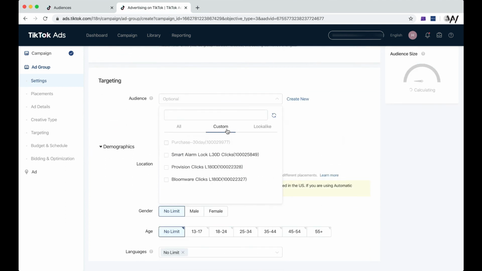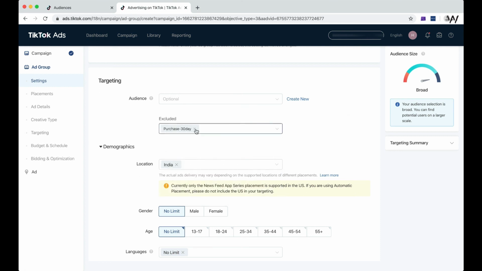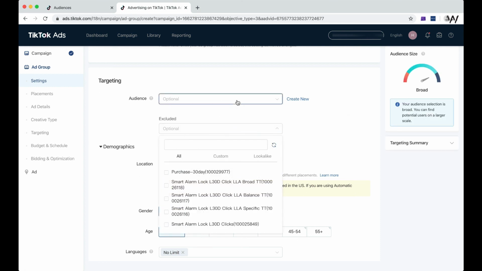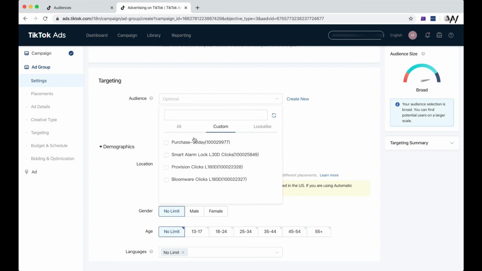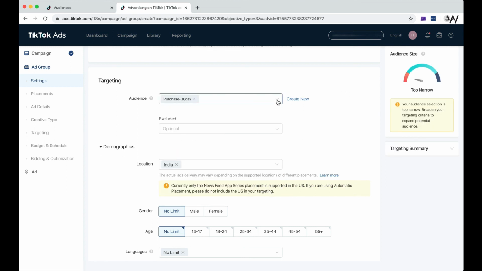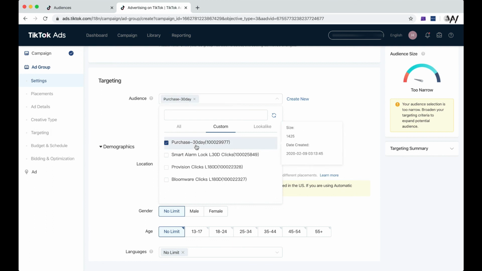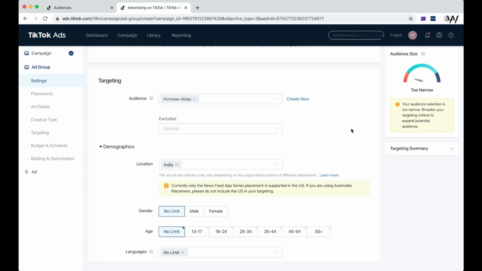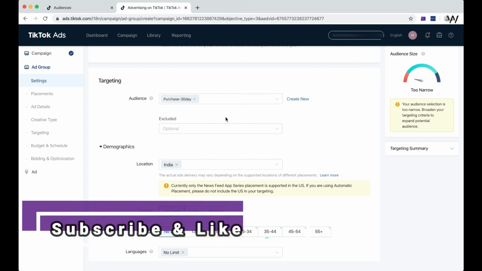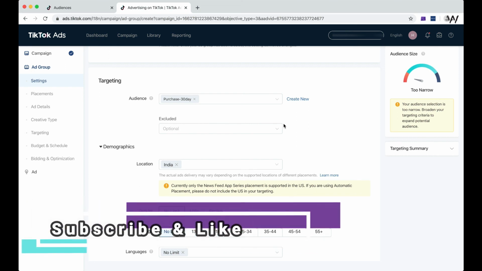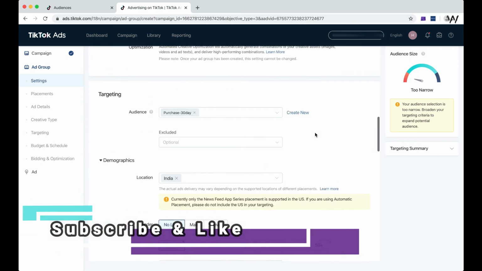In that you select a custom audience which says add to cart but not purchased. We had not saved that audience, but you will get an option here once you create it. So you show the ad to them. Then this is a purchase 30-day audience, wherein these are the people who bought in the last 30 days. So you can show the ad to them as well of some other product. So that's how you play around with